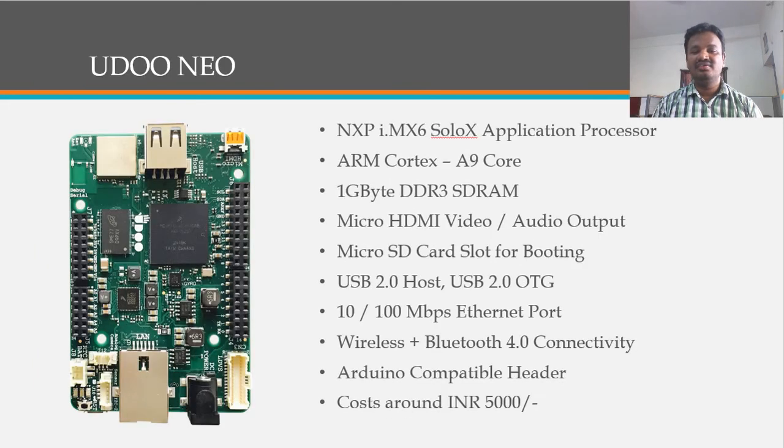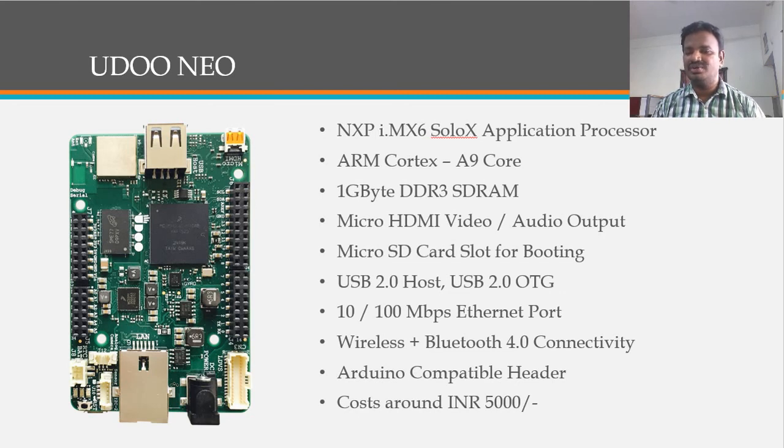And we have the UDOO Neo platform, which is based on the NXP i.MX6 SoloX application processor, based on an ARM Cortex-A9 core, with 1 GB of DDR SDRAM. It has micro HDMI video and audio outputs, and a micro SD card slot for booting your image. You can partition it, using one partition for image booting and another partition for your data storage, and it has USB